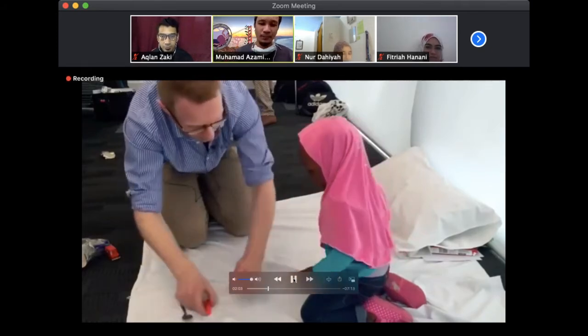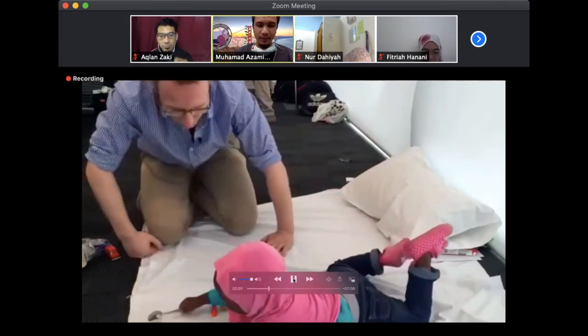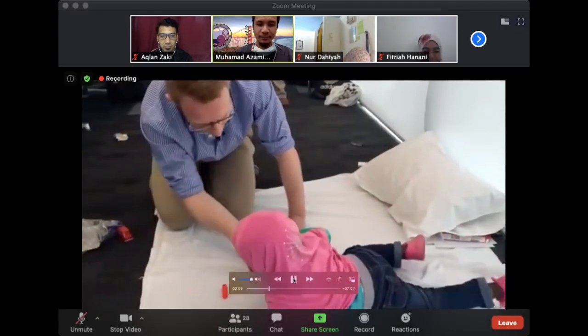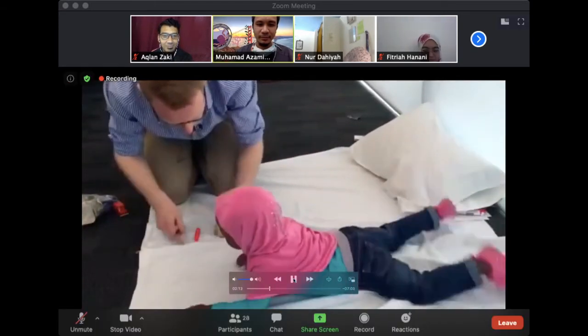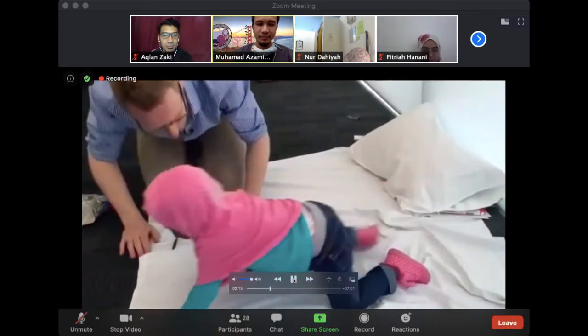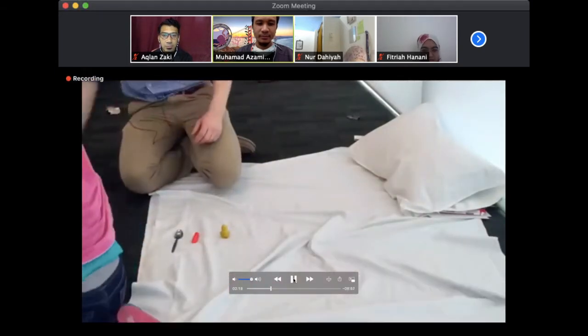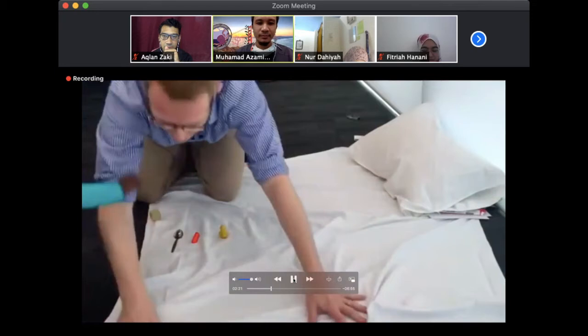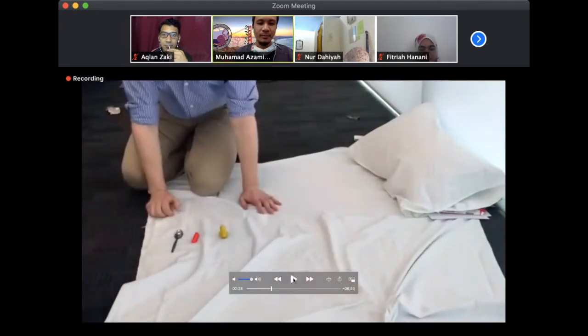Well done. And which one is the spoon? Which one of these is a spoon? Well done. Can I see that? Okay. So which one of these do you eat with? Which one? Okay, so